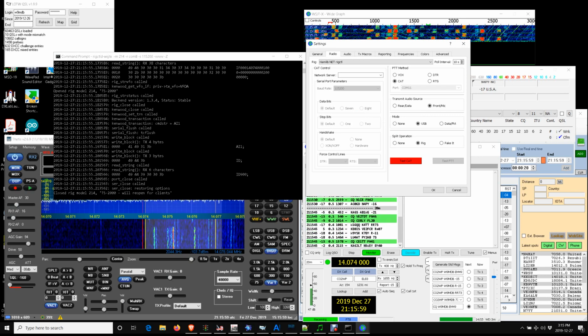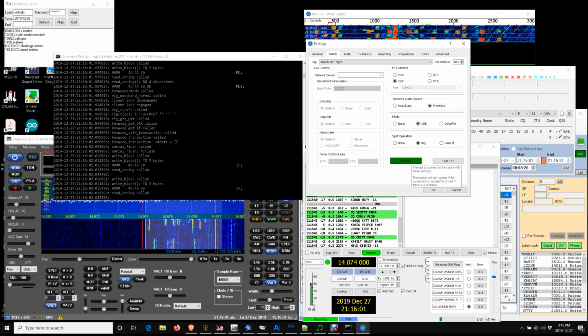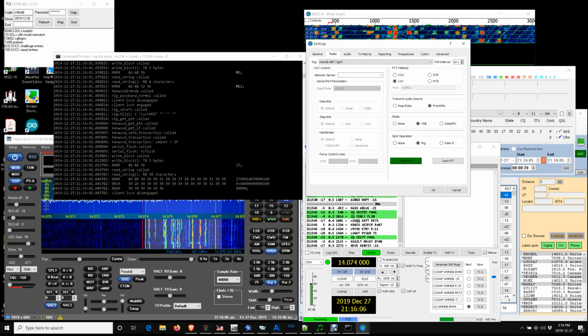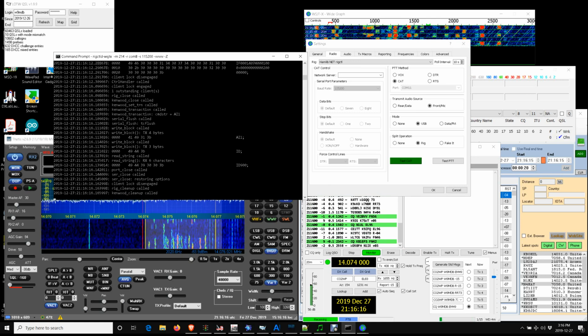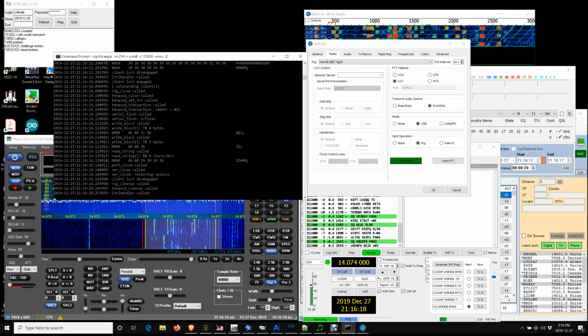There's lots of information that comes out. We can go back over here and hit the test cat again. We get all sorts of information that comes back, and this is what the developers need in order to debug problems that you may be having with your rig. So once that's done, now we need to be able to record this data. So what we will do is we do the Control-C again,